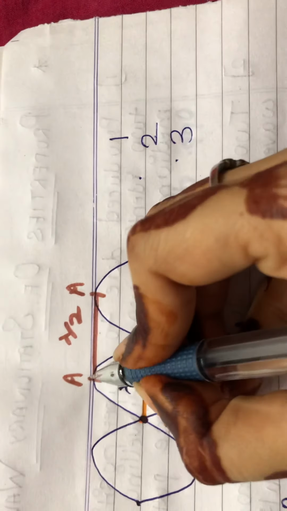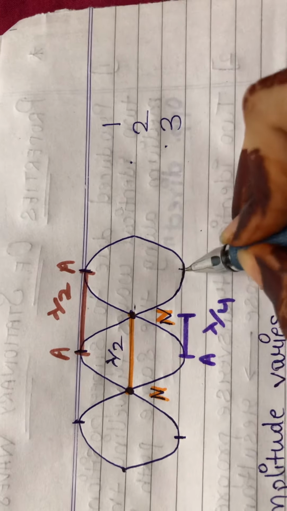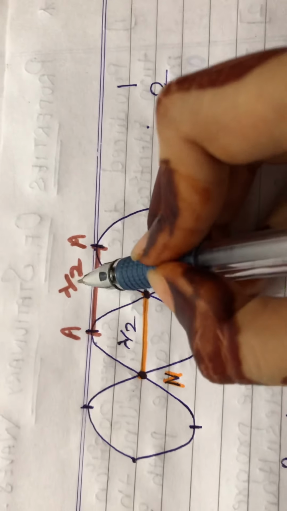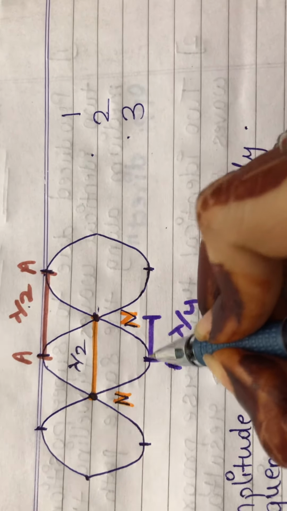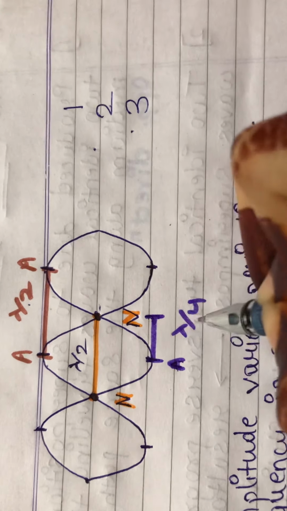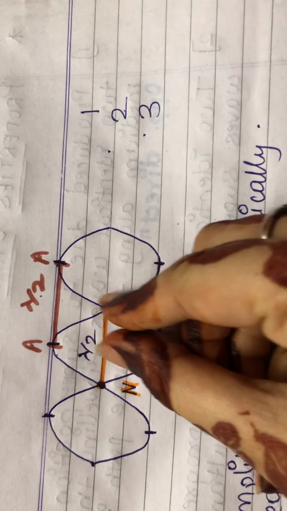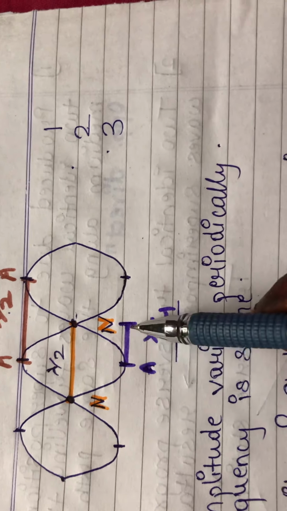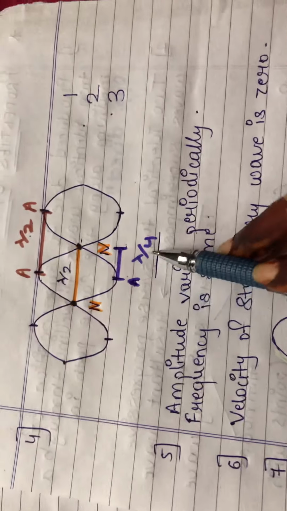And what are antinodes? Here is the maximum peak. This is the antinode point. Here it is antinode, here it is antinode, here it is antinode, here it is antinode. So the distance between two consecutive antinodes is lambda by 2. Now what will be the distance between an antinode and the adjacent node? Of course lambda by 4. If it is lambda by 2, what will be this half? Of course lambda by 4. That is the distance between an antinode and an adjacent node, and you can also say node and adjacent antinode. The distance will be lambda by 4.